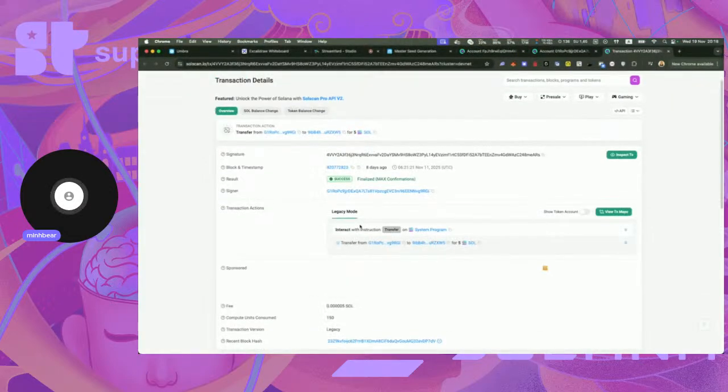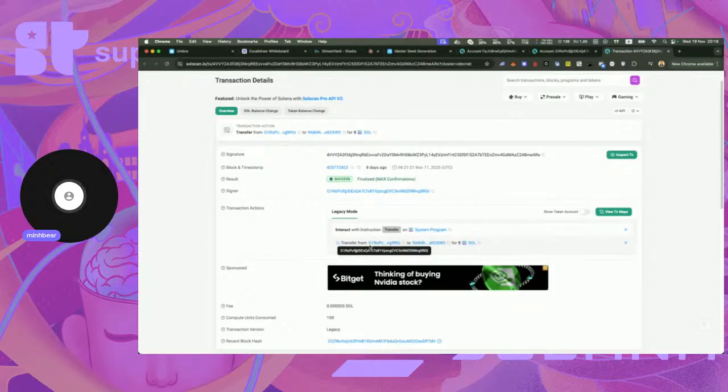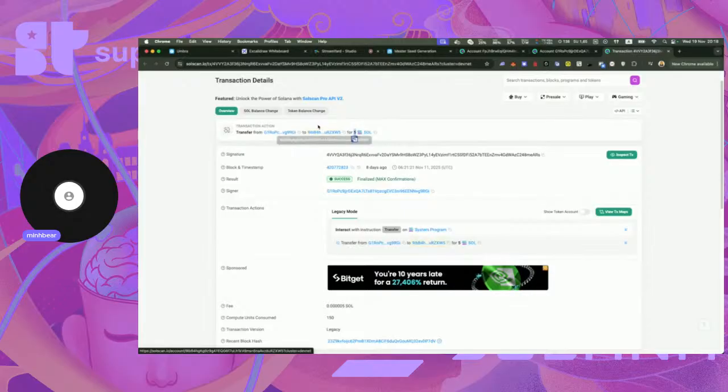It comes from my real wallet, the G1 oath, to an anonymous address with 5 zones. That means I tried to deposit 5 zones from my real wallet to Umbra. The new address is the Umbra pool, because